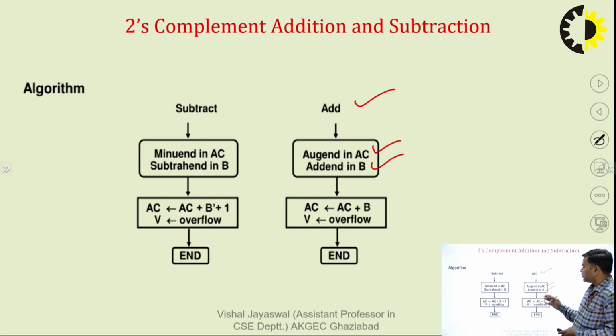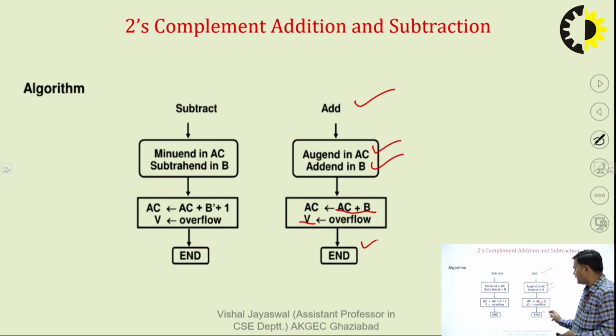And if we talk about the addition, that means AC goes to AC plus B. Basically, in addition, we perform the addition on the two numbers, AC plus B: first augend in AC and addend in B. If there is an overflow, it is mentioned in V, that is a flip-flop, and